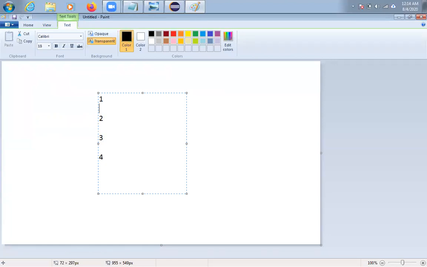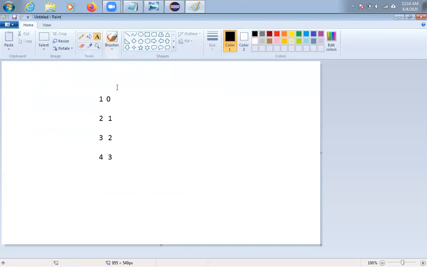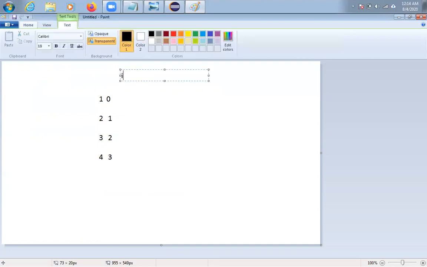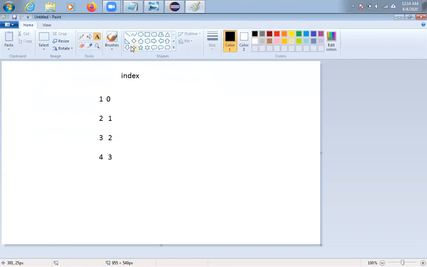These are the elements I am having. And what is the index, friends? 0, and what about this one? Say 1, and this is, say, 2. This is 3, friends. This is the index.